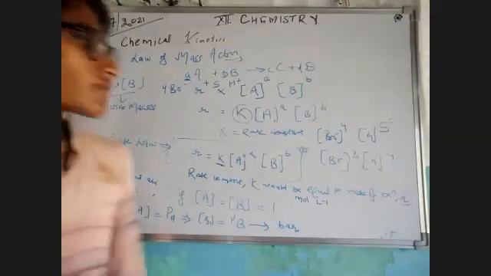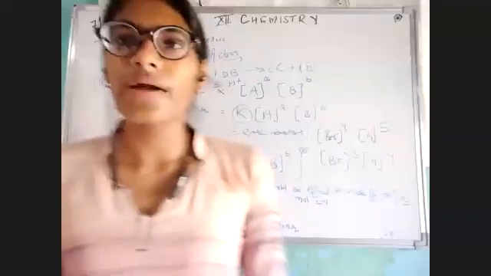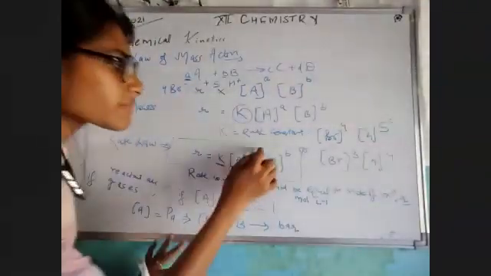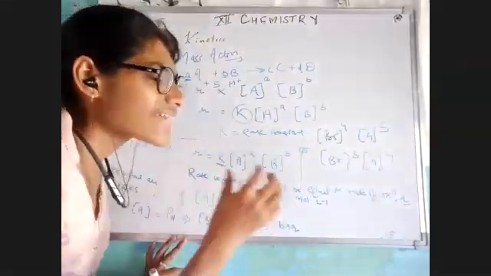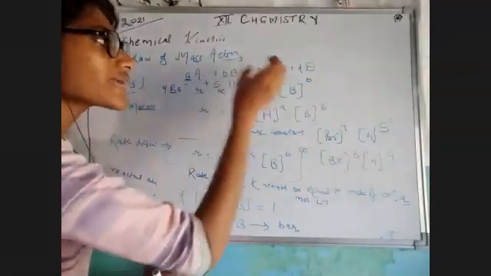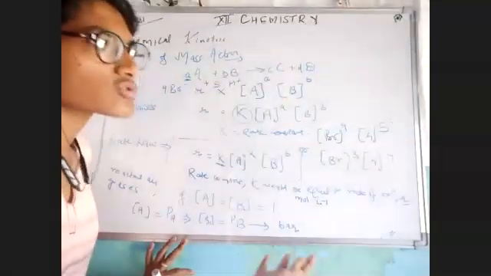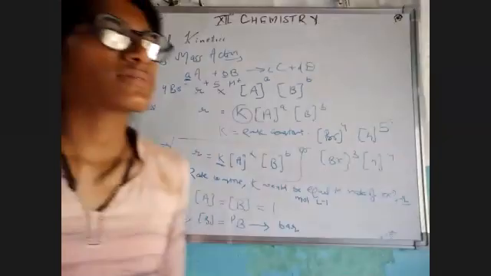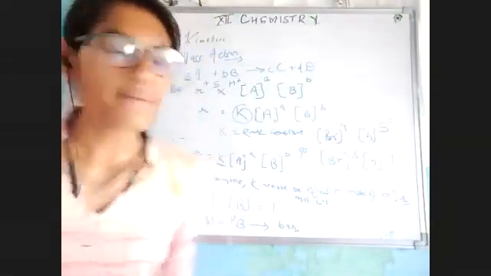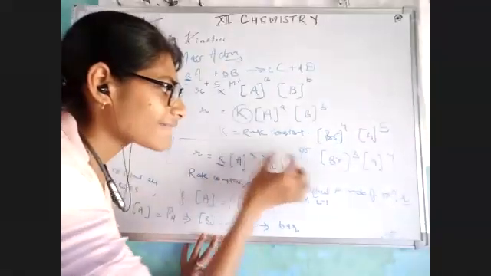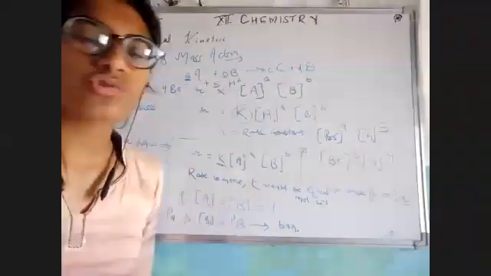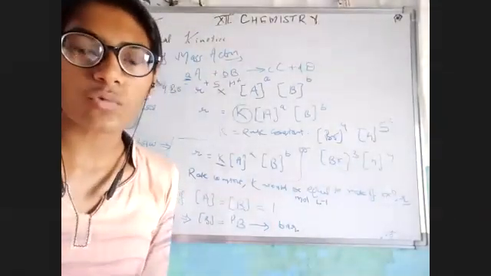Clear? So class, this was the topic I wanted to explain to you, and with the same topic I have told you that my alpha and beta depend upon the experiment. It is not compulsory that the stoichiometric coefficient is the one that goes into the power. It could be changed also due to some reason, some environmental factor, or some human error. So they are replaced by alpha and beta. Now this alpha and beta lead to another topic that is known as order.